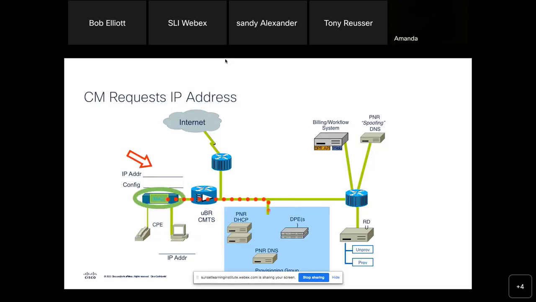So this customer has gone out. They purchased the cable modem. They plug it in for the first time, and it requests an IP address from DHCP. So remember, this is a brand new cable modem. So they broadcast out a DHCP discover. A relay agent gets it, sends it onto the DHCP server, and the DHCP server receives the request, and it